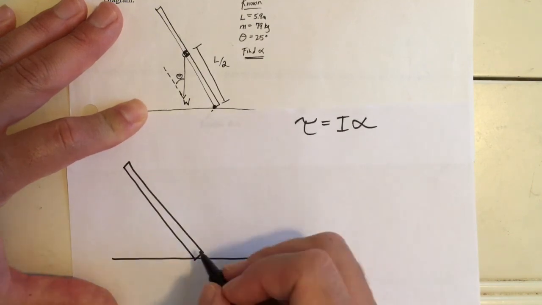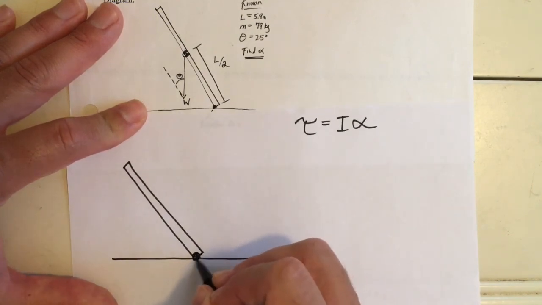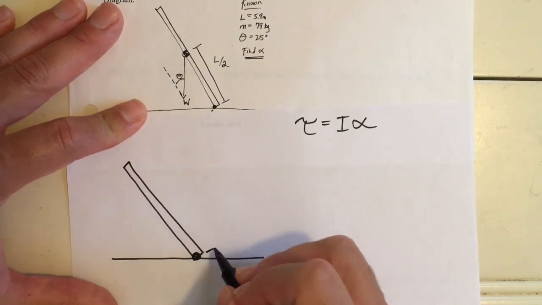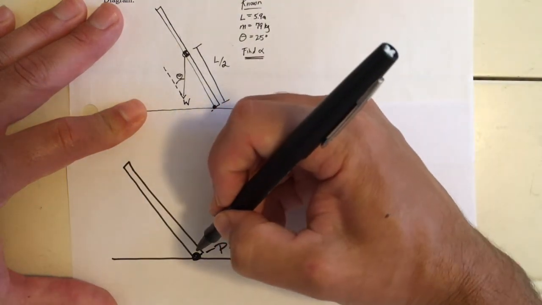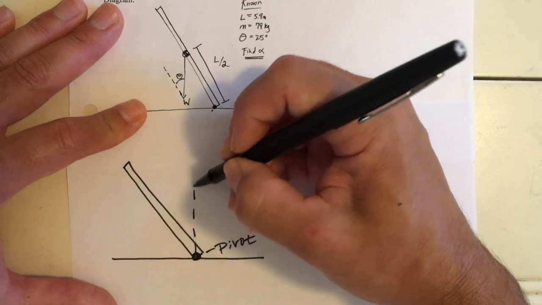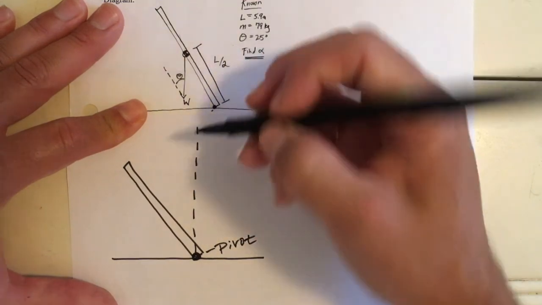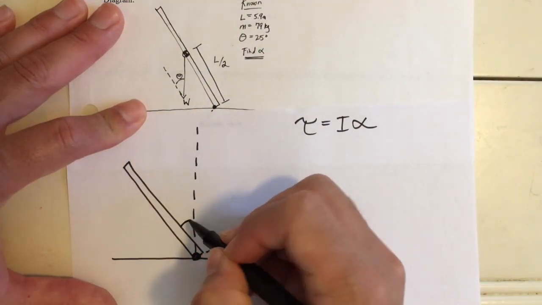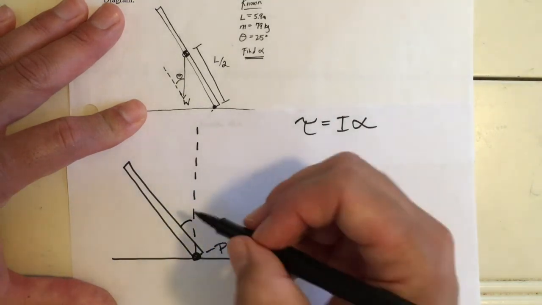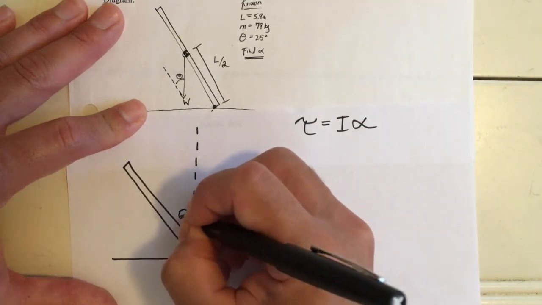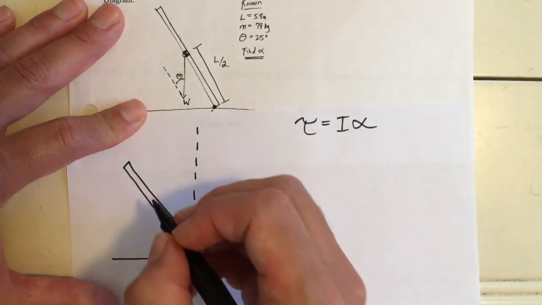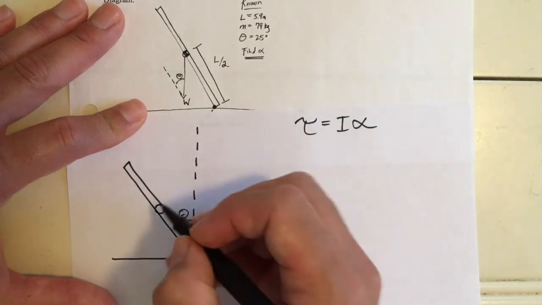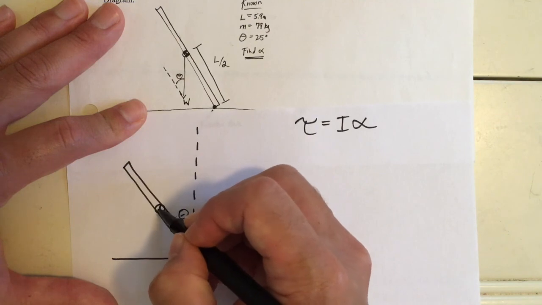All right. Okay, so we have the pivot right here, the axis of rotation. What's annoying about this is they tell us that the angle the caber makes with the vertical is 25 degrees, this angle right here. And the reason that's annoying, the caber is going to have its mass acting